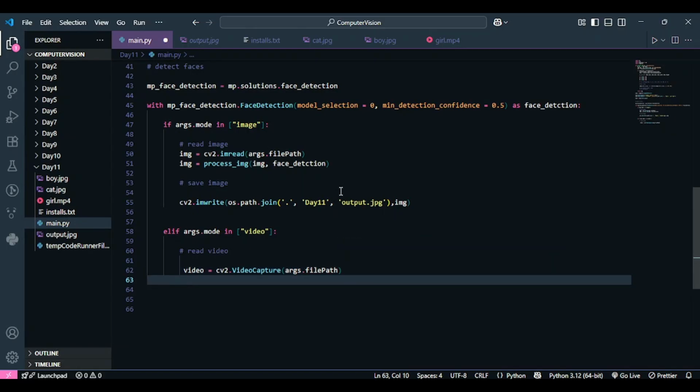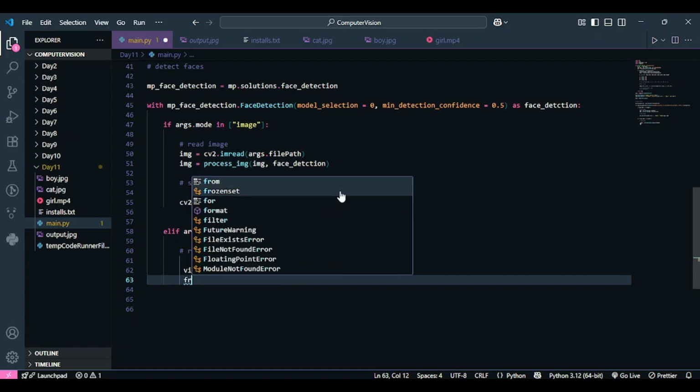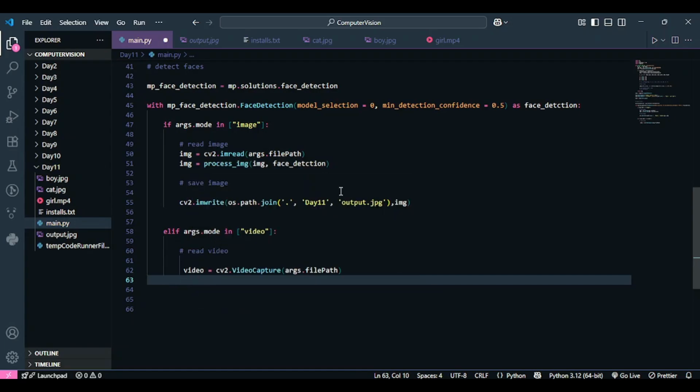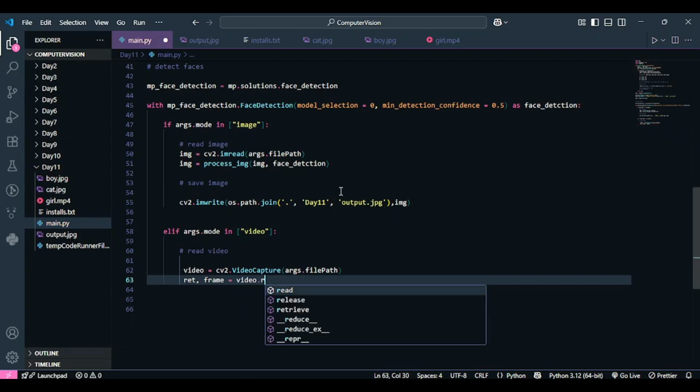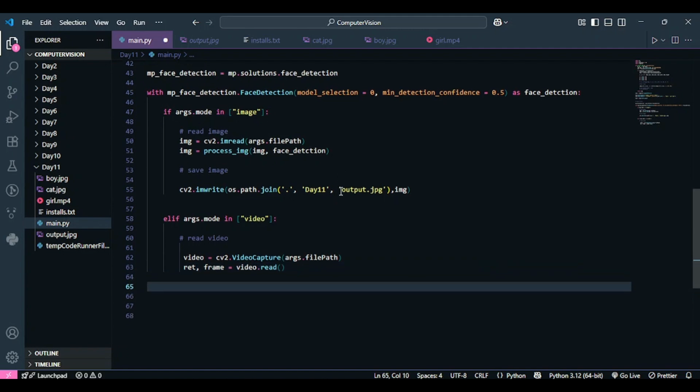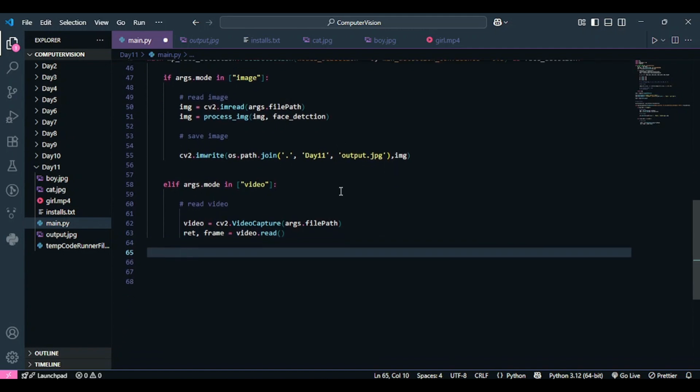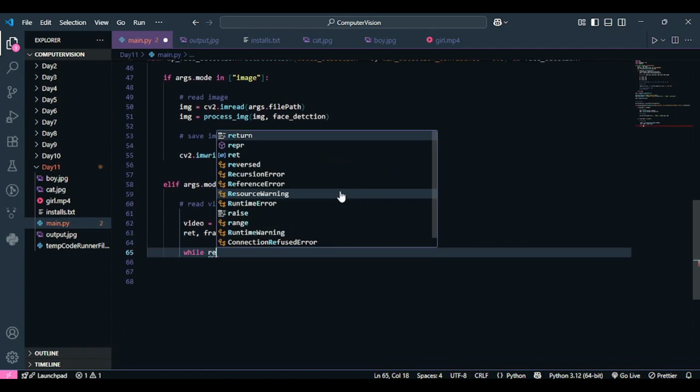Then the next step is to read the frame from the video, and to do that, I am going to write ret, frame is equal to video.read. That's how you read a frame. So once you have read the frame, I am going to start my loop. That is how you read the frames of the video.